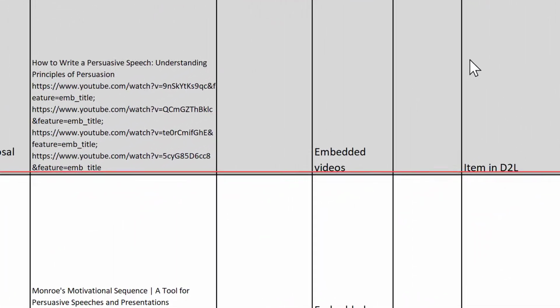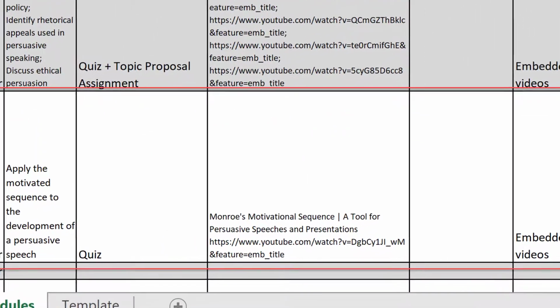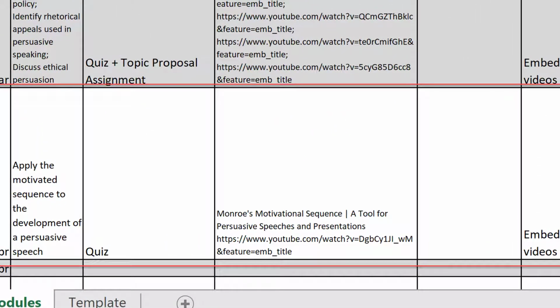For example, I know that this week I need to share information about Monroe's motivated sequence. Luckily, I've been teaching a course similar to this one online for a while, so I do have some digital content that I can pull from. You'll have to make the decision if you need to create original content or curate content. Usually I really emphasize creating original content with faculty because I do think that it adds to the student's learning experience, and it builds that connection between the faculty and the student because you're directly sharing your expertise with them. However, we don't really have time for that right now.